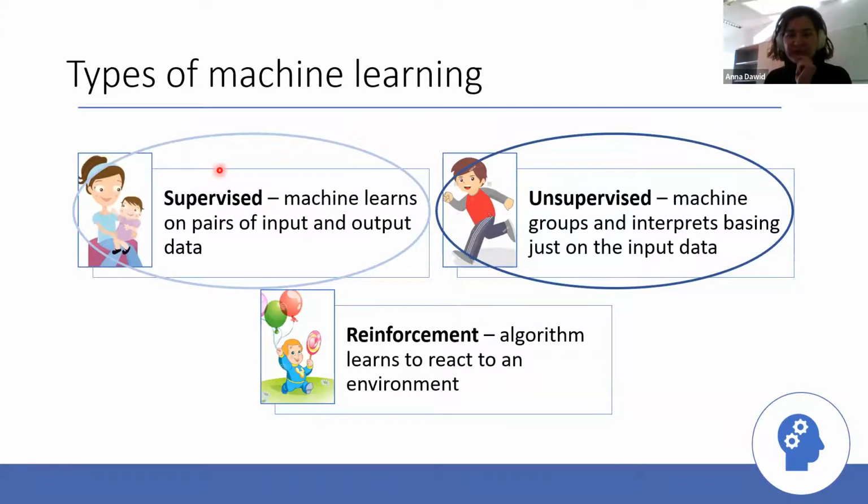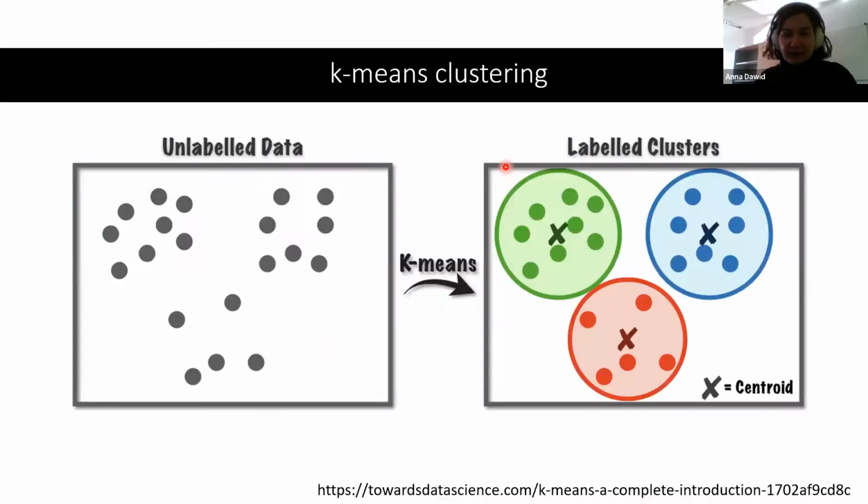Okay, so let's start with the simplest possible unsupervised approach, which may even surprise you that it's included in the machine learning field, because it's a simple clustering algorithm. Let's start with k-means clustering. It's a very simple iterative algorithm where you start with unlabeled data. Here it's two-dimensional, just to make it easier for us to analyze it visually.